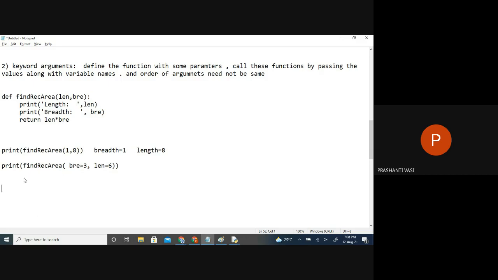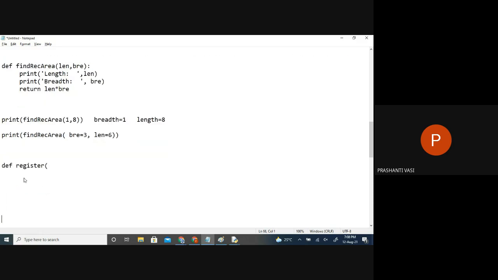In the same way, if I define a function called register, where I want to do somebody's online registration, I would expect the first name, last name, mobile, and alternate mobile, or let us say the area code. So whenever I display the card or account profile details after registration, we generally say the first name is equal to something. It's a string name, so I can use the plus symbol. In the same way we can go for other data.